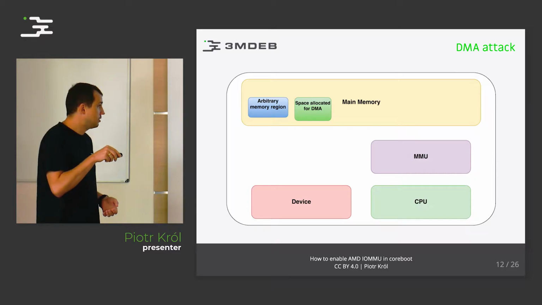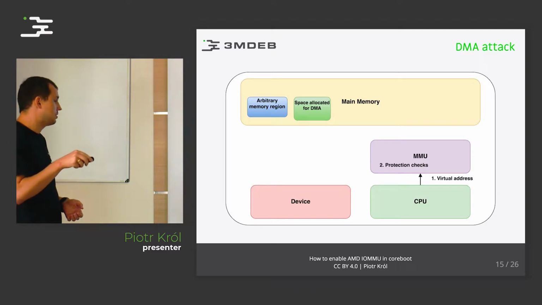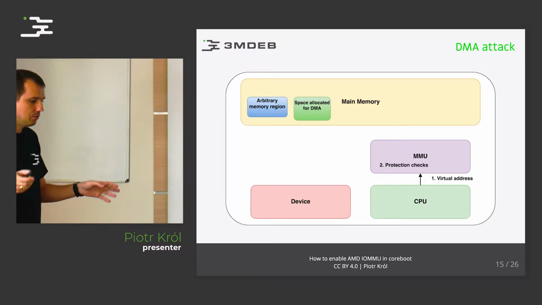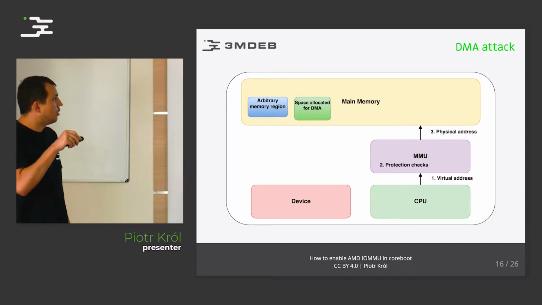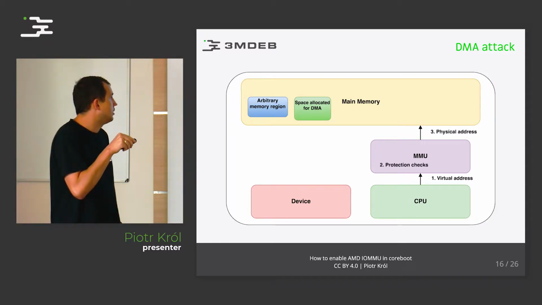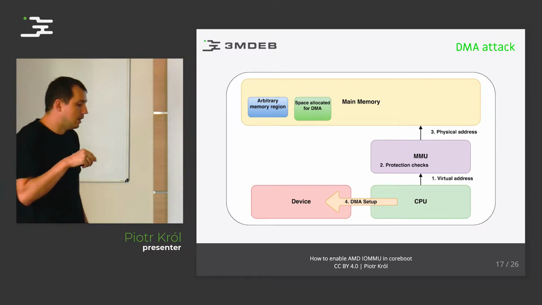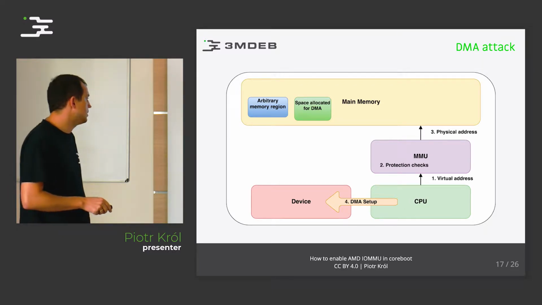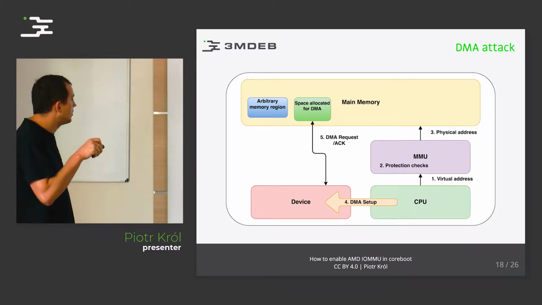So first of all, CPU wants to access some virtual address. Then MMU checks stuff and protection and all these magic things with the page tables, with the bits. Okay, so let's say it allows access to the main memory for some physical address. So then CPU may say, okay, I want to set up some DMA transfer. So it sets all these addresses, and DMA starts to talk with some allocated space